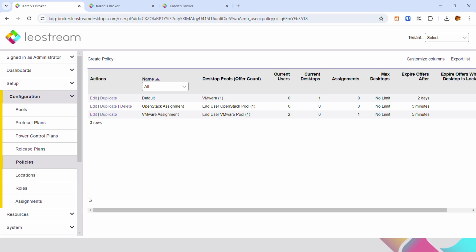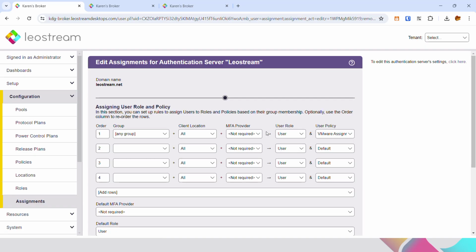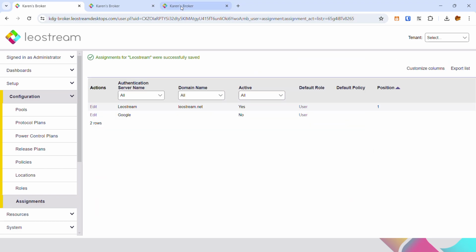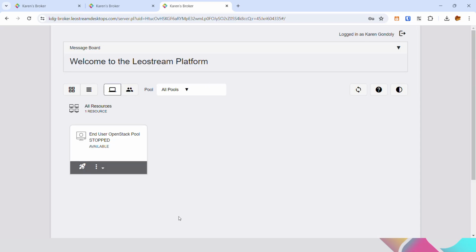But again, the key is from the end user's point of view, they don't see all that going on in the background. So here I go to assignments. I logged in through my LeoStream Active Directory. Here you'll see I was assigned the VMware policy. The next day I'm going to come in and I'm going to be assigned the OpenStack policy. So on day 2, I log in, and all of a sudden I'm getting a machine that's coming from the OpenStack pool. I can power control it just like I can the VMware machines. I can launch it once it's powered on. But again, for me,